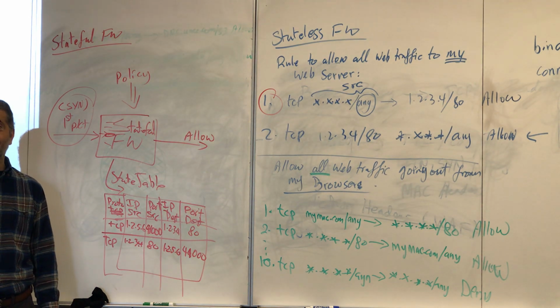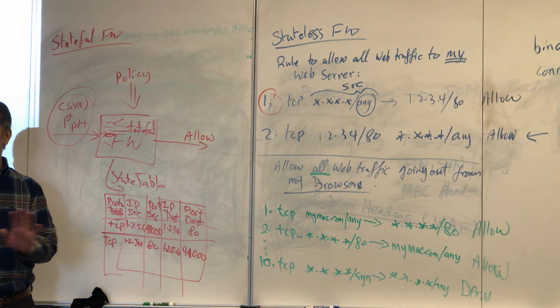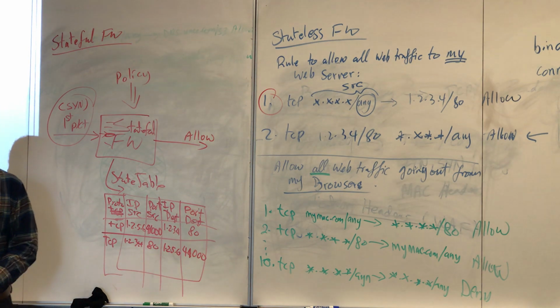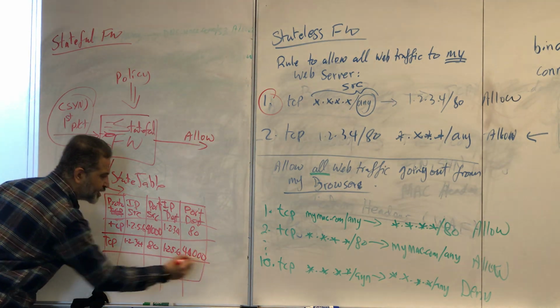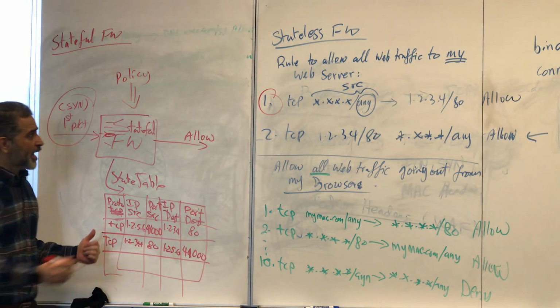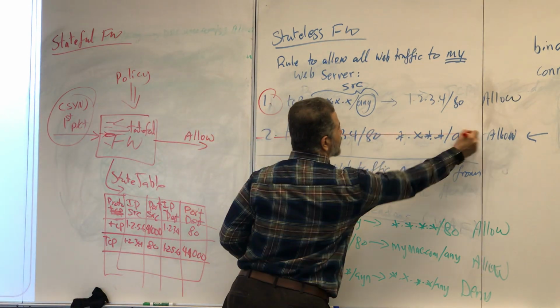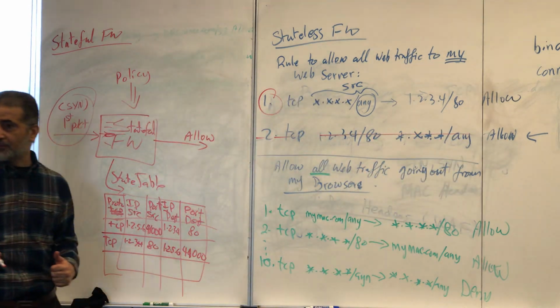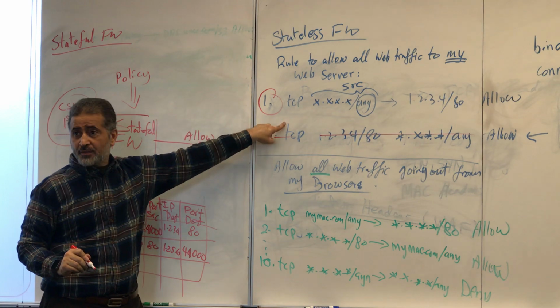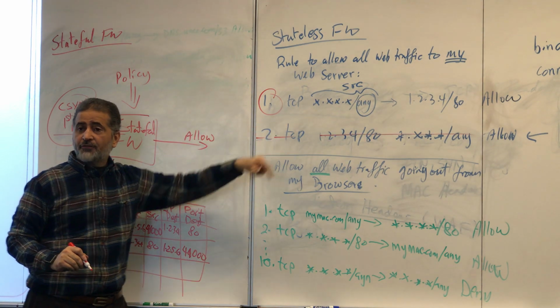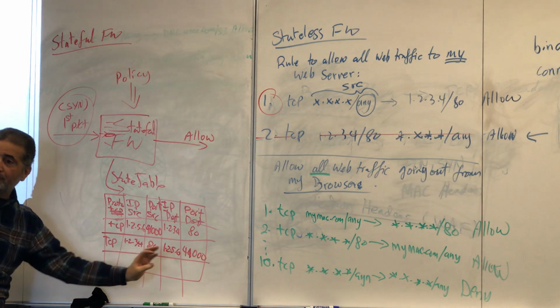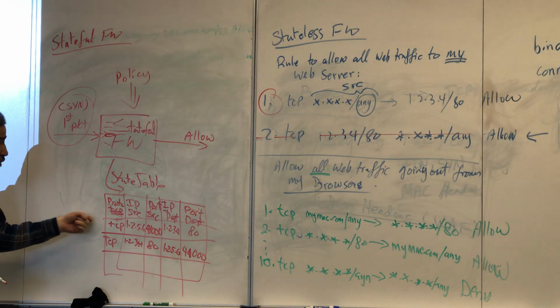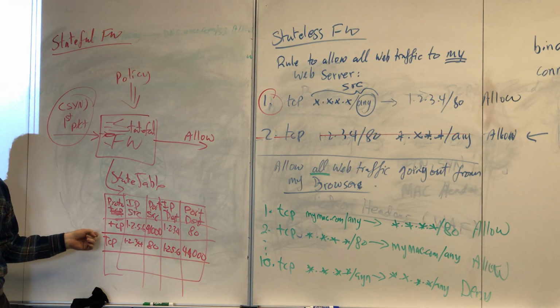He put both for you, so you don't have to. It's not only that you don't have to write the other rule. For a stateful firewall, if you write this and it matches this, the firewall is intelligent enough to know that the reverse direction is already allowed because it's storing it in the state table.